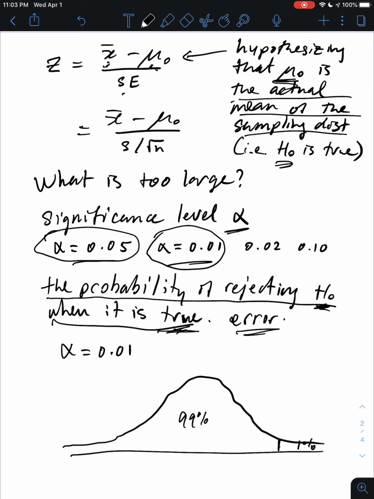You can use interpolation if you want to, but that's too accurate for us. So 2.33 is going to be our Z value here. And so now we're assuming that H sub 0 is true, but if we get a Z value that's in here, around there,